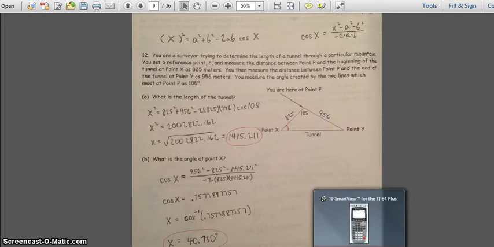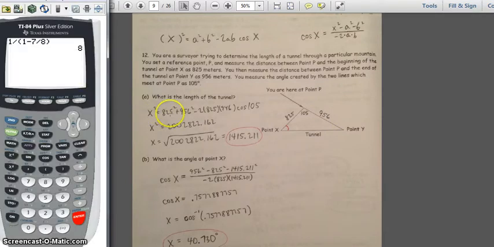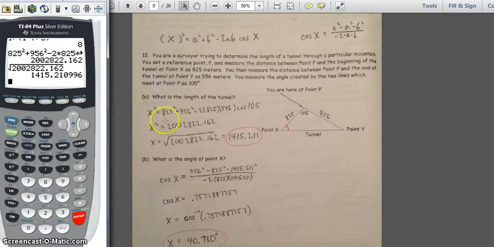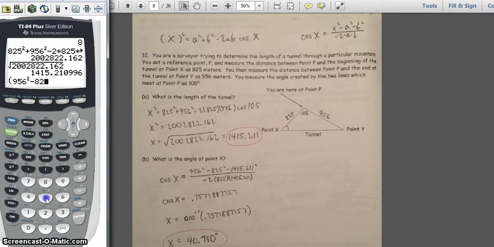Now I want to show you how to punch this in the calculator so you do not get that wrong. I went ahead and plugged this guy in there so that I was able to use the full answer from this and not just the approximation. So all I'm going to do, because 956 is across from the angle at point X, or the angle I'm looking for, I just simply open parentheses. It'll be 956 squared minus 825 squared minus, and I simply arrow up to select the previous guy squared, close parenthesis, divided by open parenthesis,